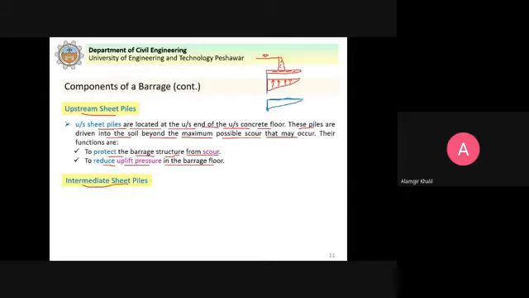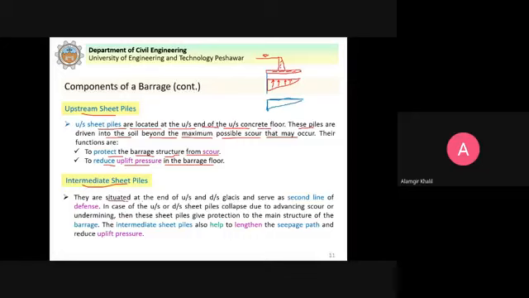Intermediate sheet piles. So these are situated at the end of upstream and downstream glacis and serve as a second line of defense. So we have this upstream, and we can have a downstream sheet pile, and we can have one in between. So this will be the upstream sheet pile.